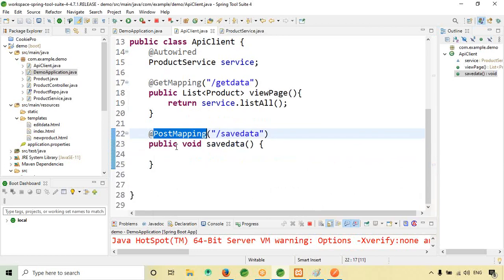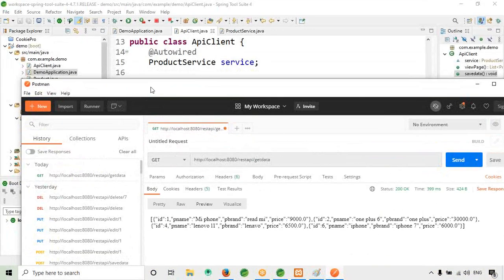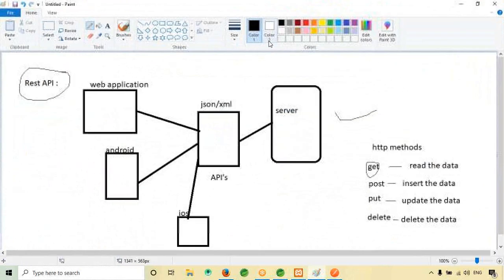Now, why am I using post? Because I'm doing the insert, right? If you want to do the insert, obviously we have to use the post method here. So post to insert. Okay, so that's why I'm using post mapping.